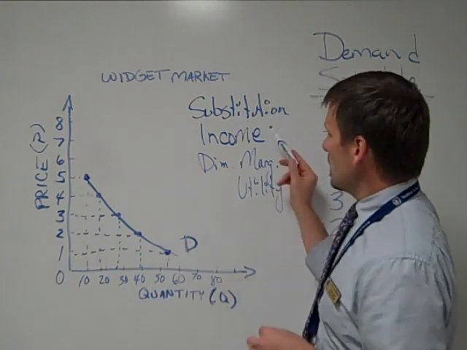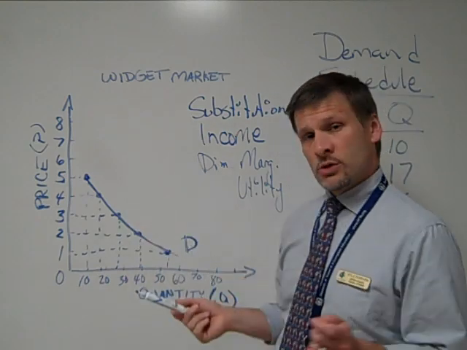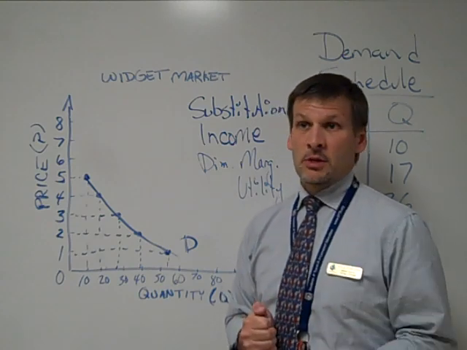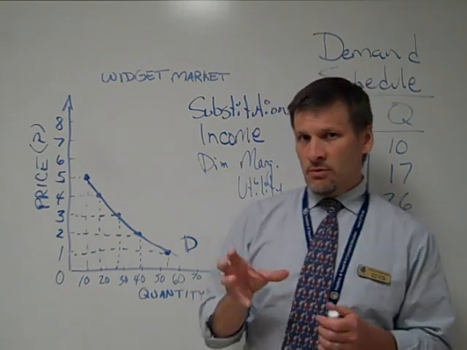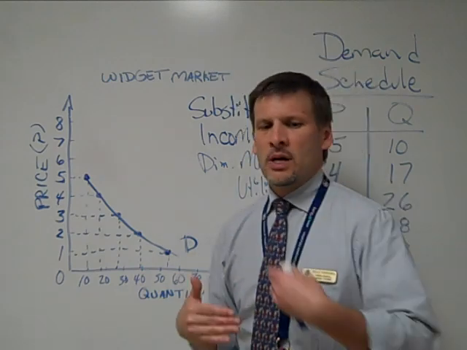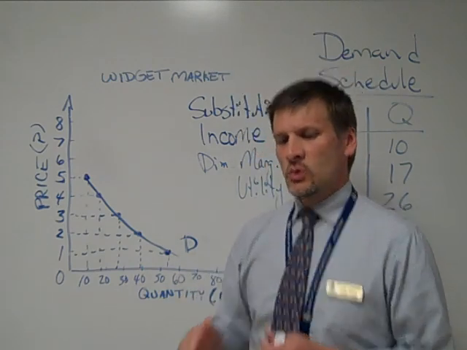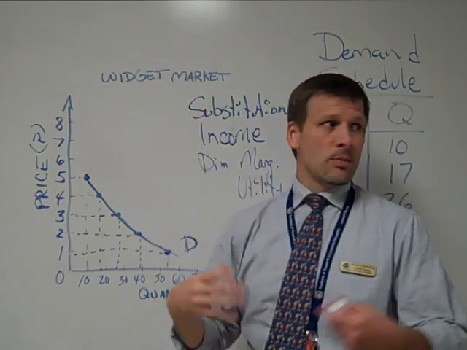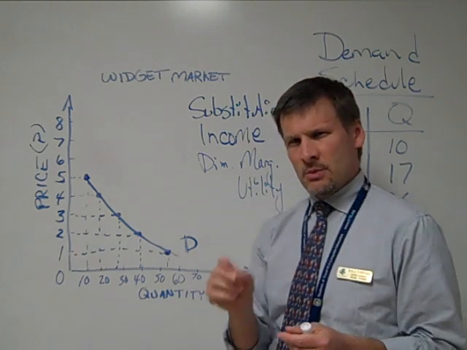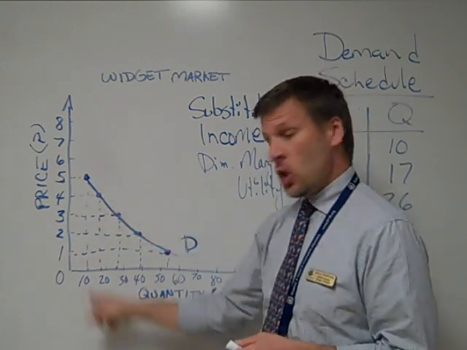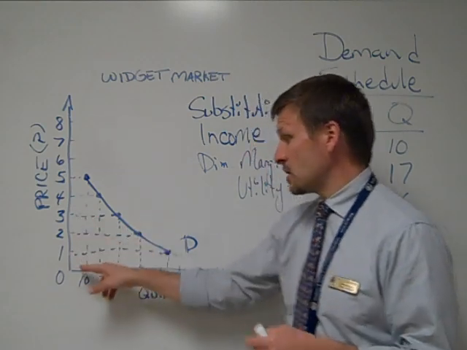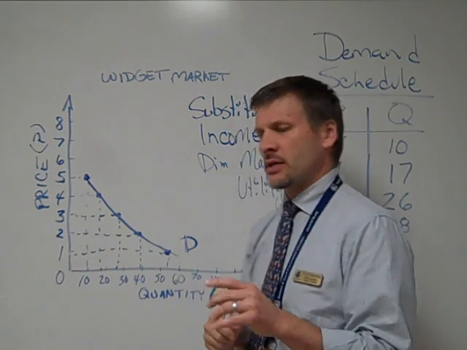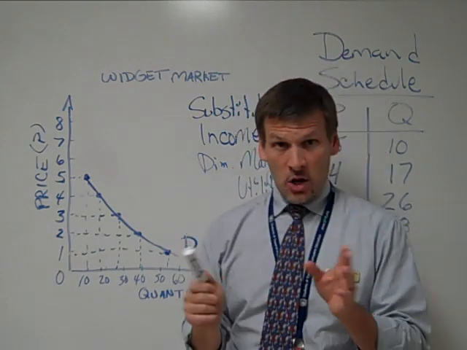More on that later. The second reason that the demand curve slopes downward to the right is called the income effect. Although our incomes can change from month to month, certainly from year to year, at any given point in time our incomes can only buy a static amount of goods and services. So when the price goes up on those goods and services, we can't buy as much. When the price comes down, we can buy more of it. Again, that produces this high price, low quantity demanded combination and this low price, high quantity demanded combination. The income effect.